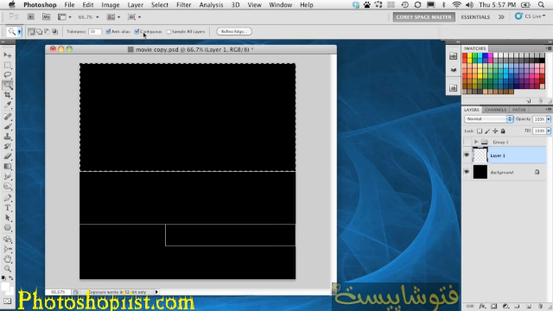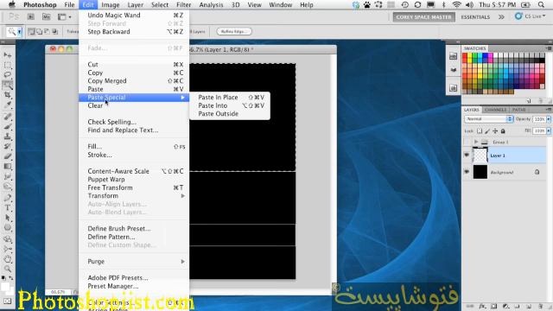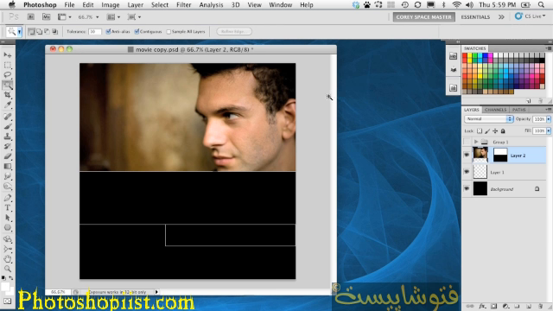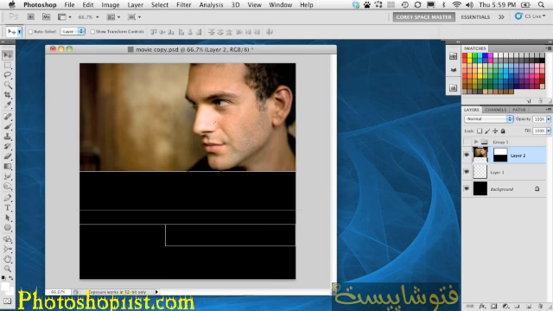Now you do want to make sure you have Contiguous checked up here, otherwise it'll select all the other areas inside this layer. So with that top area selected, we're going to go into the Edit menu, and instead of choosing Paste, we're going to go to Paste Special and choose Paste Into. It's going to take whatever image is on the clipboard and generate a layer mask, paste the image on its own layer, and you'll notice also that the layer mask is not linked to the original image, immediately allowing you to move that image around